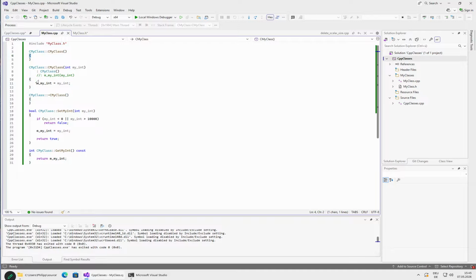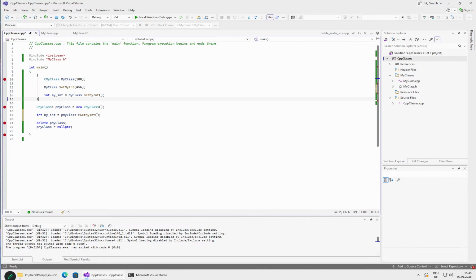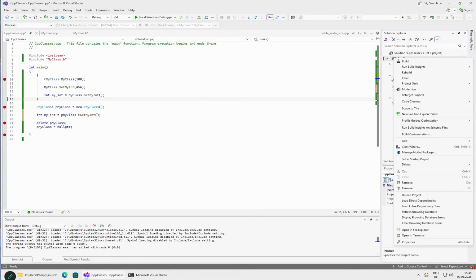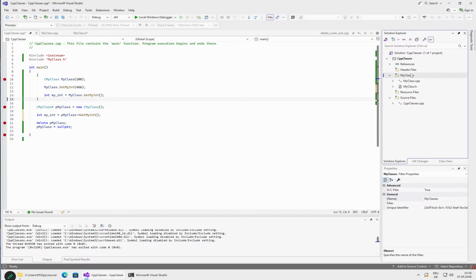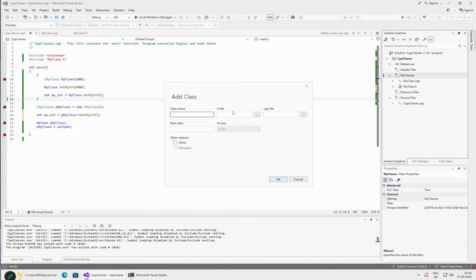Okay, so we have made our class a bit more complex. So let's now create a second class, which will be derived from our first class. So this is a very important mechanism. See, my class 2. It's a very important mechanism in C++ that you can create a whole hierarchy of classes